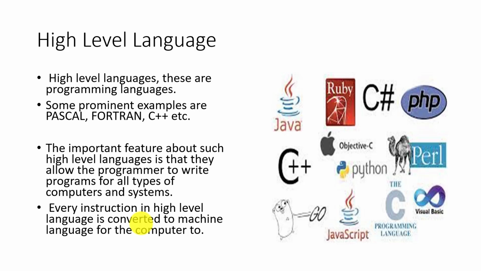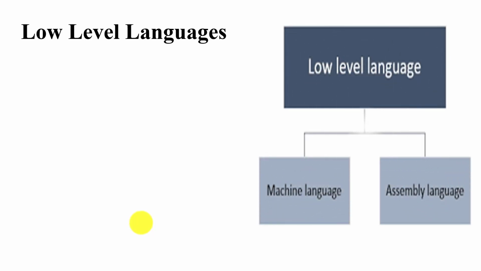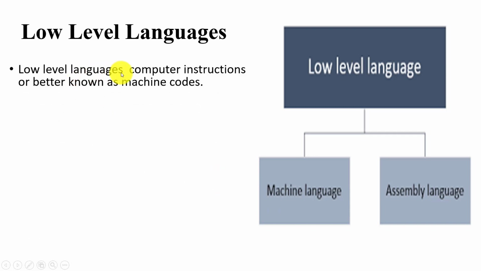Before that, let's first understand what is low level language. Low level language is again categorized into two parts: first is machine language and second is assembly language. This low level language is nothing but the computer instructions, also known as machine